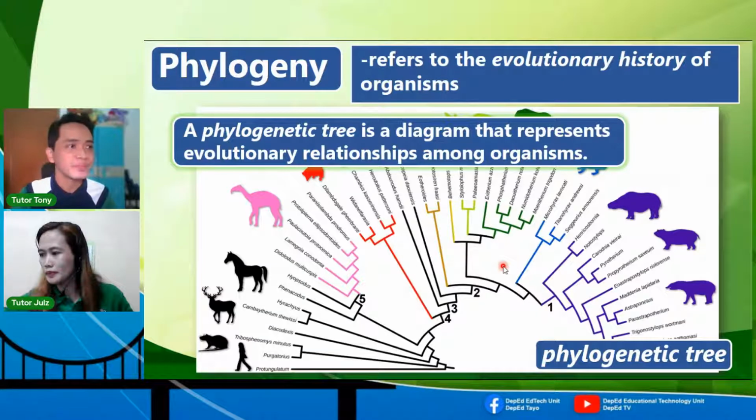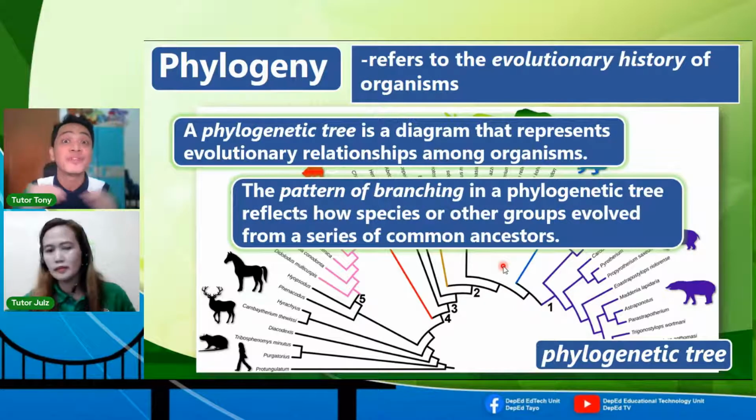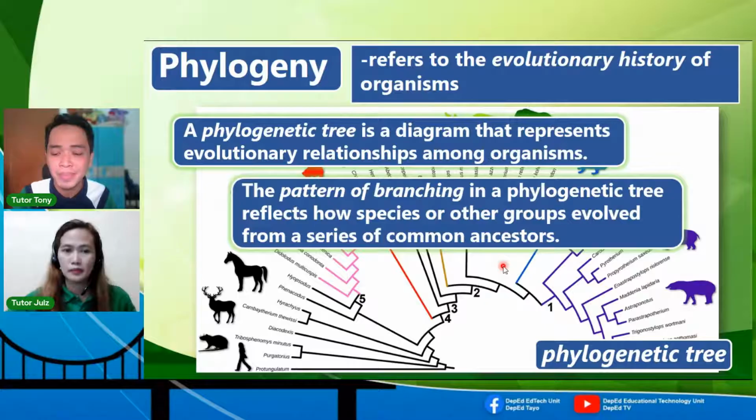Kumbaga, sabi nga, di ba, in some ways we are related with each other. Kumbaga, in the circle of life, there is a unifying theme within us. Ayan, ito nga ang classification at saka evolution. And mamaya makikita nyo sa tree na pag-aaralan natin, meron mga pagbabranch or magsasanga-sanga siya. So yung pattern of branching na yan sa mga trees, it reflects how species or other groups evolve. So kapag may nag-branch out na, ibig sabihin may bagong characteristic na na-form because of evolution or speciation, may na-form na bagong species from a series of common ancestor. Alright? Mamaya may example pa tayo dyan.